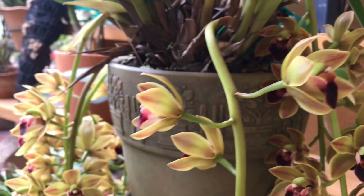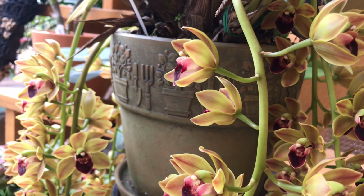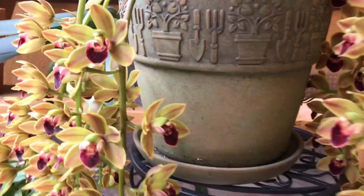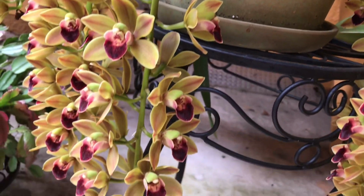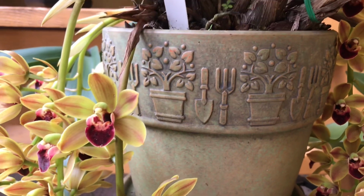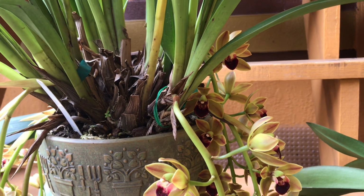It's in here because I was protecting it from strong wind and continuous rain. When they were in bud I cannot protect them, but if they're not in bud I just leave them outside, just like the rest of the cymbidiums I have. And this one I leave it outside even in the 30s